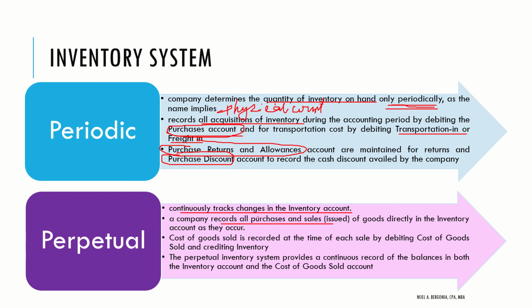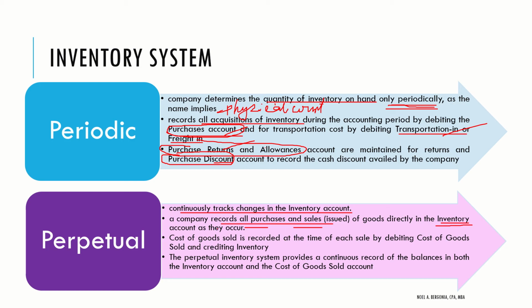And again, on the second bullet po, lahat po ng purchases at saka benta natin will go directly to the inventory account. Kanina, dumaan pa siya sa purchases account, sa purchase returns, sa purchase discount, sa transportation in for the periodic inventory system. Pero sa perpetual inventory system, isang account title lang po lahat ng yan. It will fall under the inventory or merchandise inventory account.